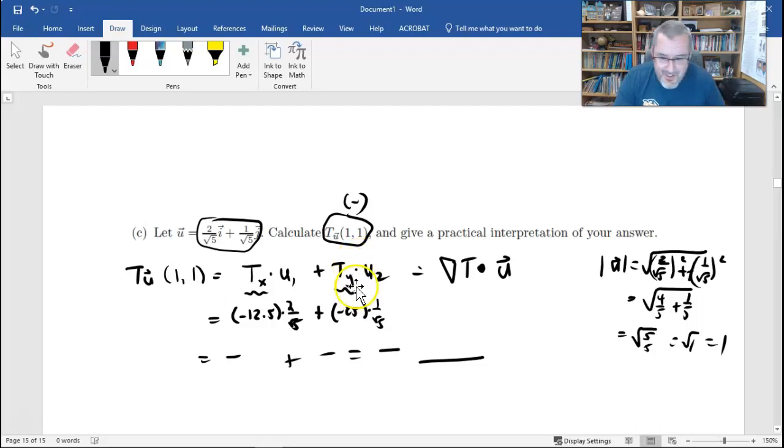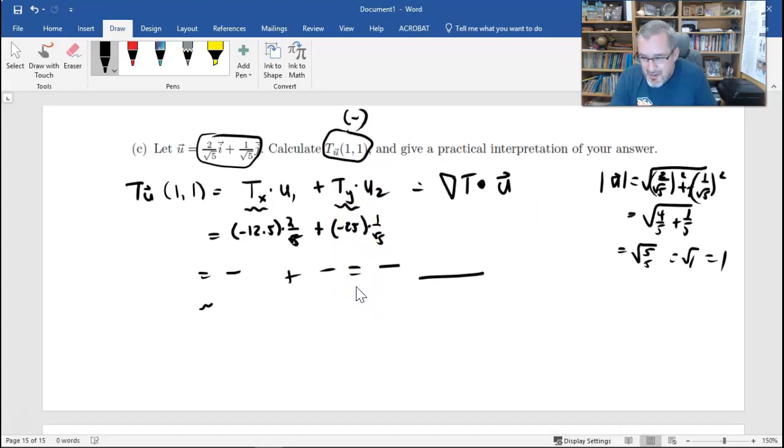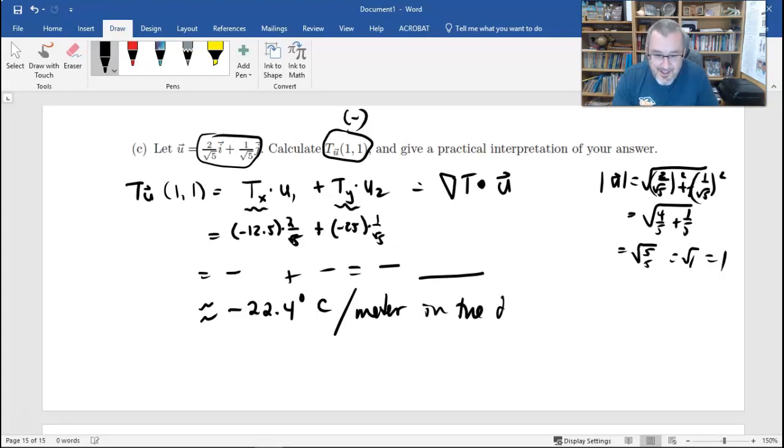And in fact, I'll let you do the computations, but I get it to be approximately negative 22.4 degrees Celsius per meter in the direction. I always say that because there's infinitely many directions. It's not that the rate of change is always negative 22.4. The rate of change is only negative 22.4 at the point (1, 1) in the direction of